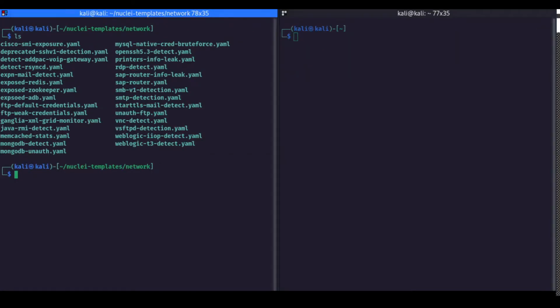So let us now have a look at some of the templates that exist in the nuclei templates default directory that we can use and test against the vulnerabilities that could exist in a network. So these are the latest updates that I just got a moment ago from Nuclei. So this is the most recent version of templates that exist.